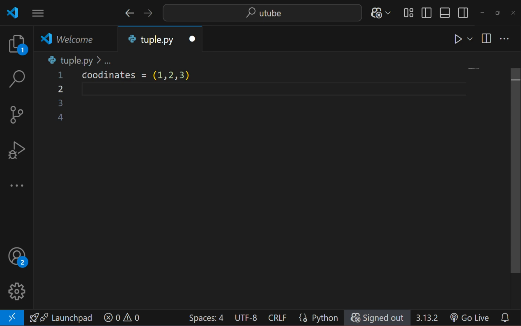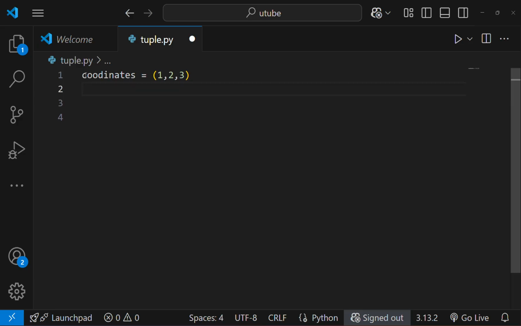Now let's say we want to get these values and use them in a few complex expressions in our program. Maybe we want to include them as part of a large complex formula.